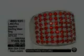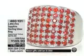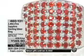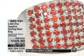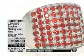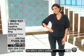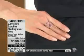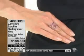Exotic and collectible gem. And by the way, at 9 o'clock tonight, you'll have the opportunity to see more exotic gemstones. And this is certainly one of them because this is fire orange in a sapphire. It takes so long to accumulate enough of these to do anything. And we have almost 3 carats in a beautiful fire sapphire band ring. It sold out when we offered this more than 2 months ago. Finally back in stock, and it's